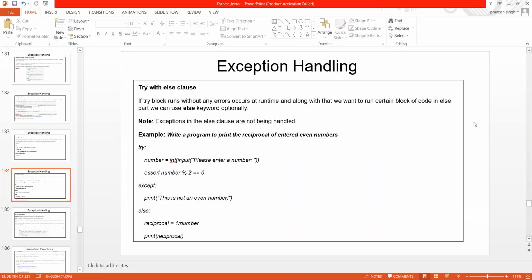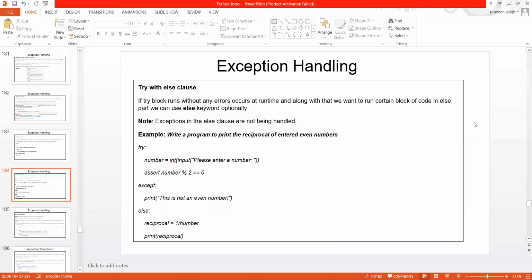Please don't create so much confusion in your mind: exceptions in the else clause are not being handled. Whatever exceptions you write in the else part are not going to be handled. That means all the exceptions you want to handle should be mentioned in the very first try block.